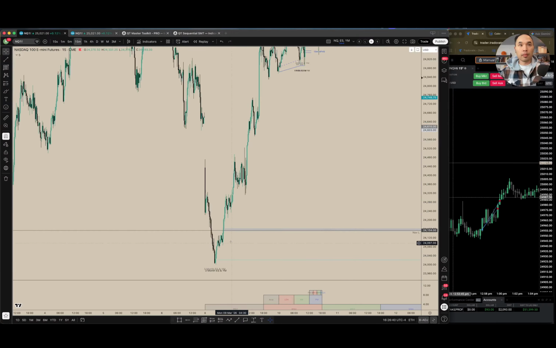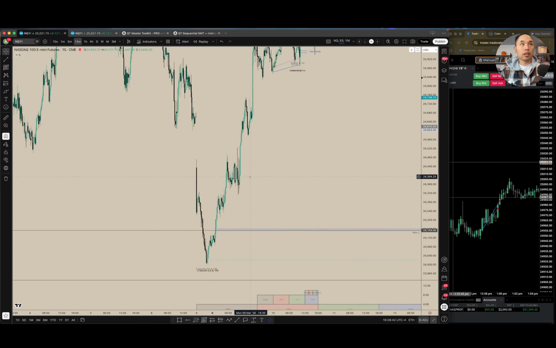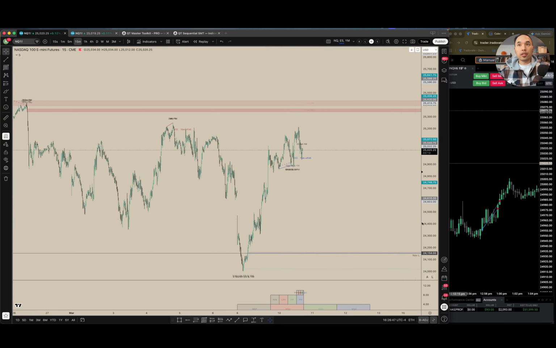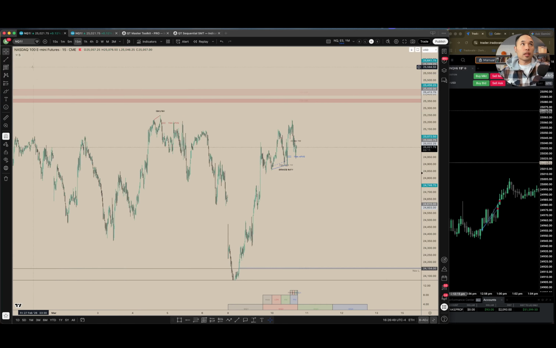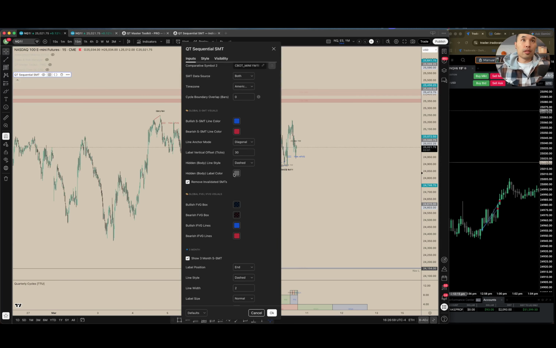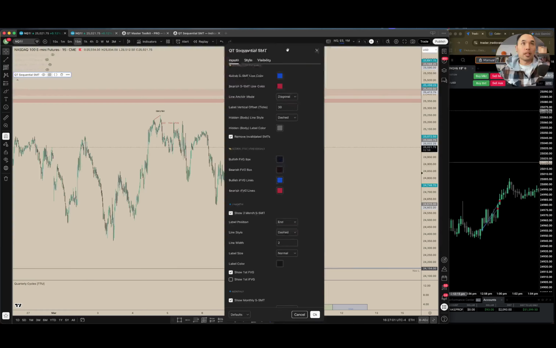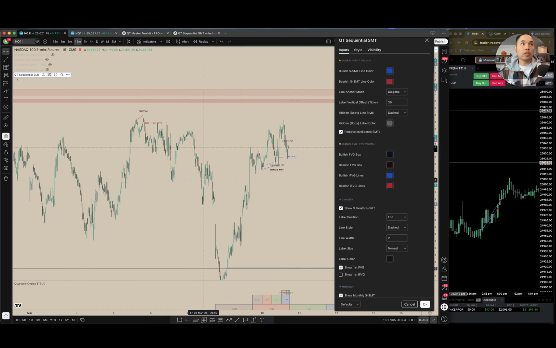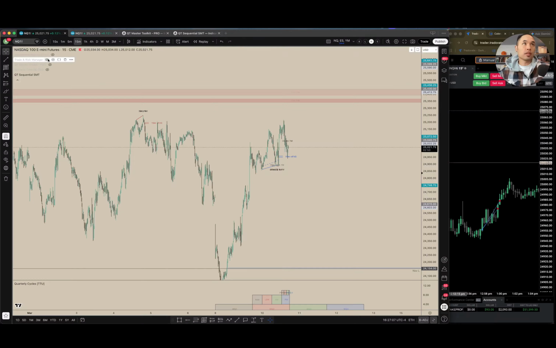So it hasn't drawn back into here yet with this 15-minute, but that's just to show you the concept of having the first FVG plotted only, and not all the FVGs there. But anyway, I'm super stoked on this indicator. It basically is going to give you the potential SMR when you combine it with other confluences like